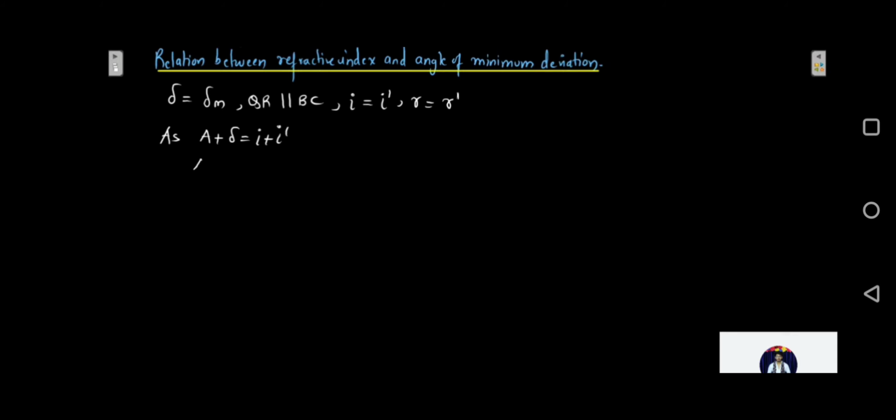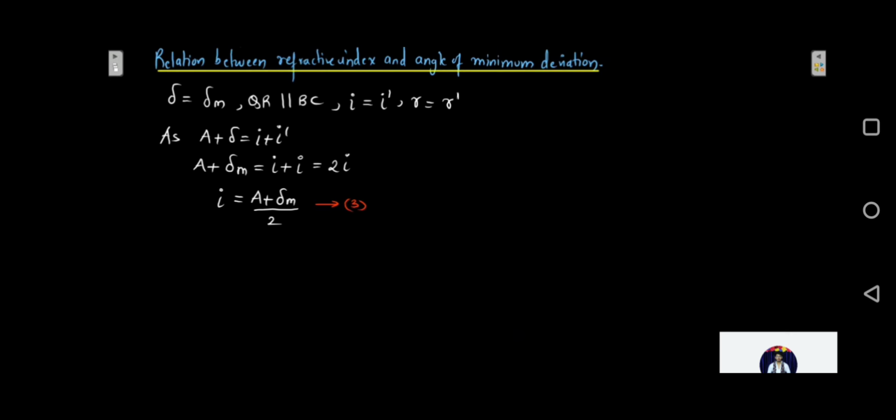So how will this equation change? A will remain the same because it is the same prism. Angle of prism will not change. Plus deviation is minimum deviation now. At the condition of minimum deviation, I dash becomes equal to I. So let me put it as I. So from here I can say this is going to be 2I. So from here I can say that I will be equal to (A plus delta m) divided by 2. Okay, let us name this as 3.